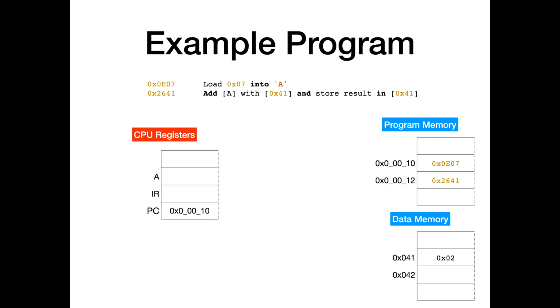What you can see is the following. This particular program is saved in program memory. So what I did is I went in here and I saved this particular instruction, which is 0E07. And again, we're dealing with hexadecimals in here because they're easier to write. And then here 2641, and I save these two instructions in these